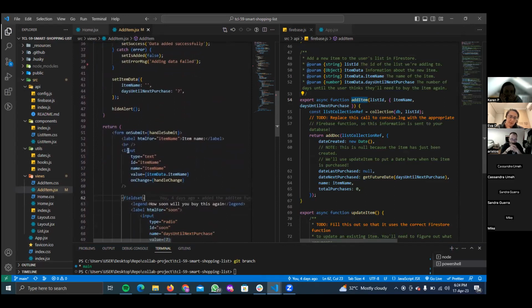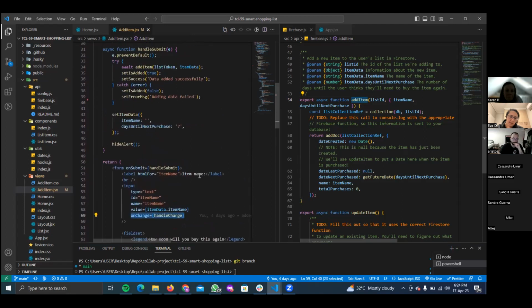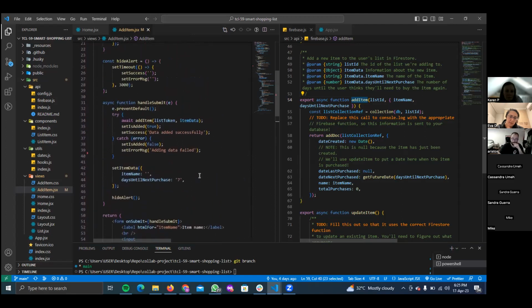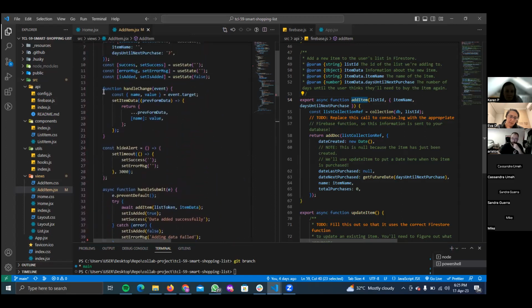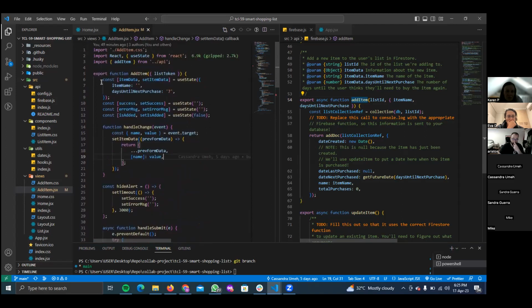And we had to handle the onChange events within the form. We created a function here that handles it. So we're managing the state for the two form fields with one useState, an object.